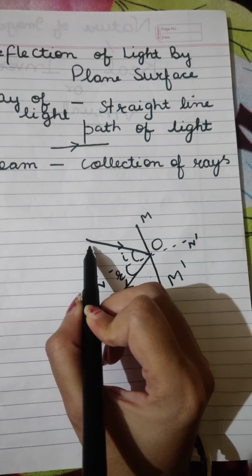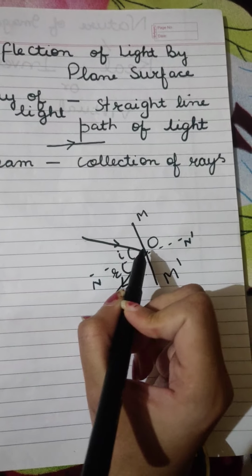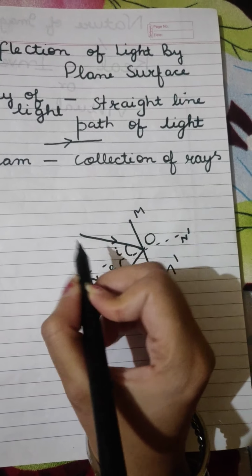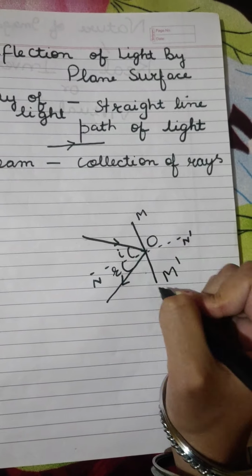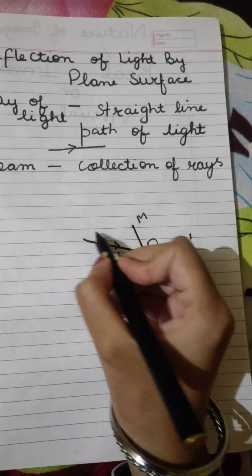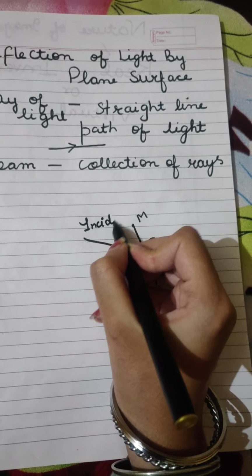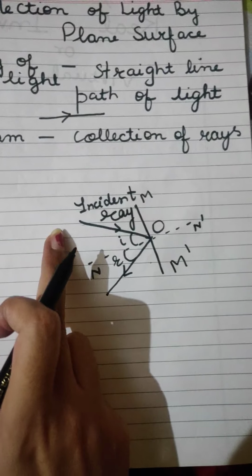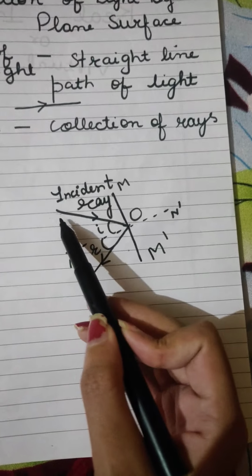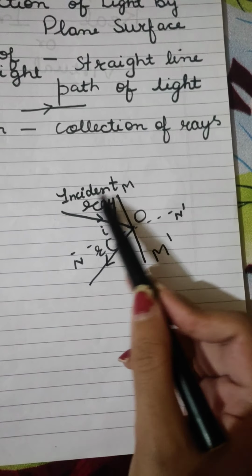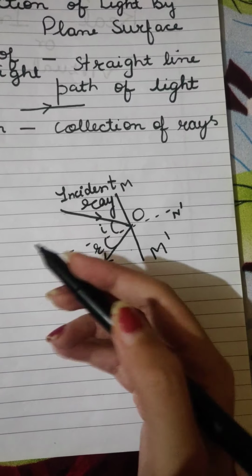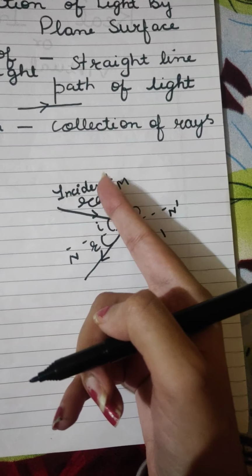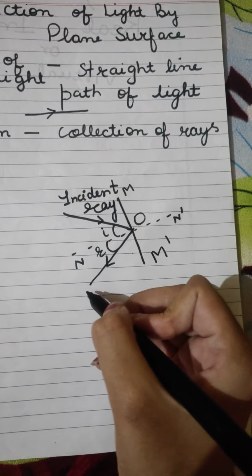Always remember the ray of light which is coming or striking your mirror or any surface, or any screen or object, is the incident ray, because it is being incident. So I name it as incident ray. The ray which is striking your mirror is named as incident ray. The ray that is coming or striking your mirror or any object, the ray that is incident, is referred to as incident ray. That ray which is getting reflected back,